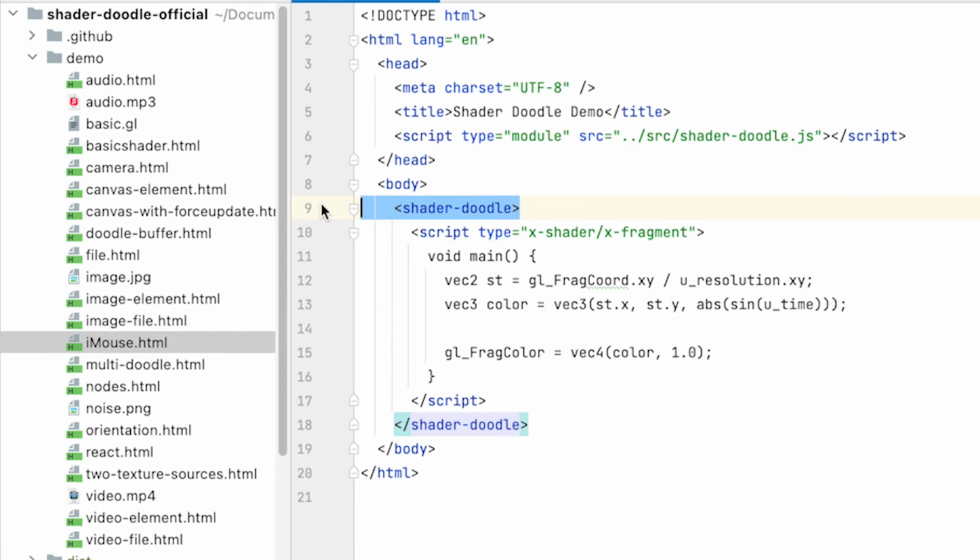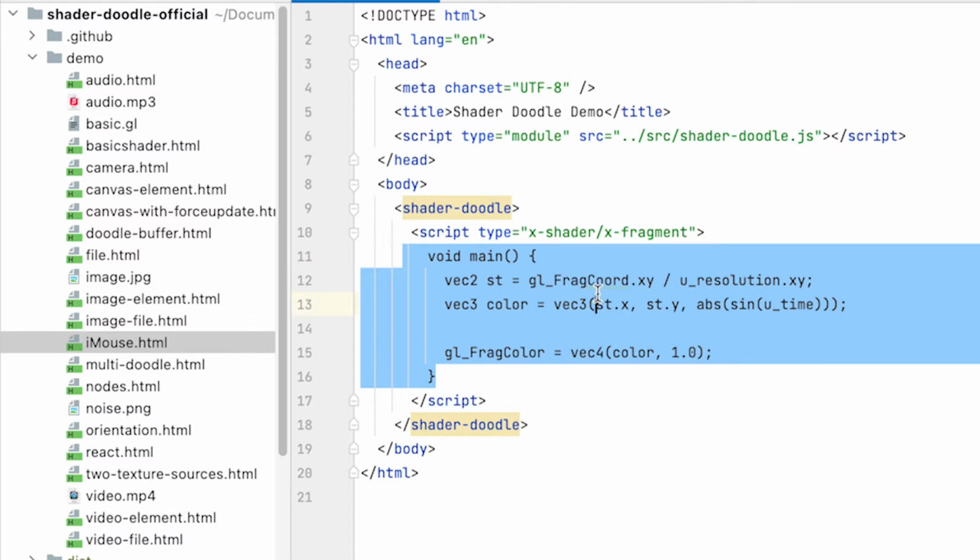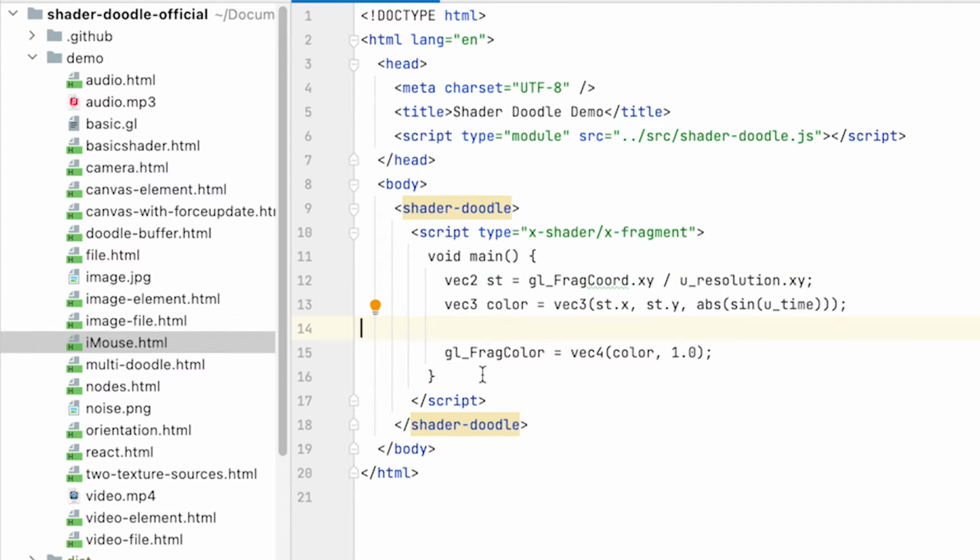start working with this. So when I look at this demo page here, look at this. I'm dealing with a web component. This is the custom element Shader Doodle. And then that's the only thing I need on this page, right? I have a script which contains my fragment. And honestly, we were talking about slots in the last episode. I don't even think this is a slot. This does not need to be rendered. It's just a piece of information that gets wedged into the web component and does not need to be rendered. And so I think Shader Doodle just sucks this in and uses this text to construct the fragment, the fragment